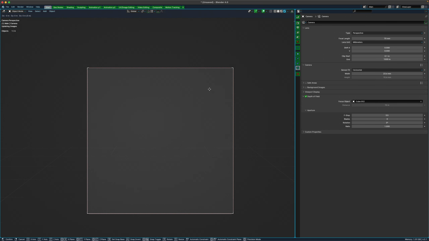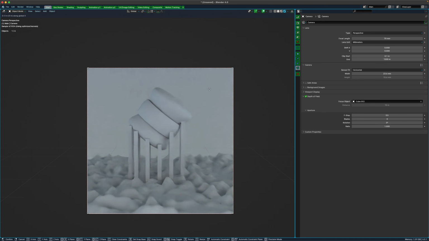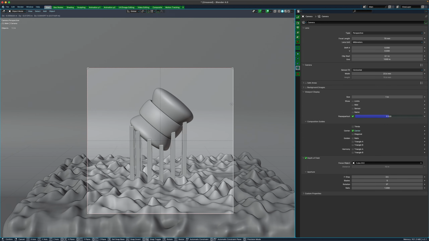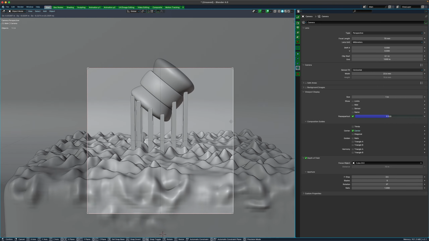Let's go something like that. We're gonna move this on the x-axis so it's centered. So we're gonna put on composition guides for center. It's fairly centered right now actually, but I think if we just,